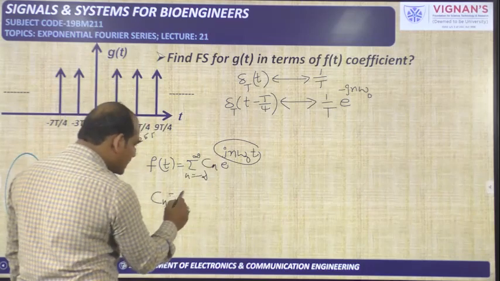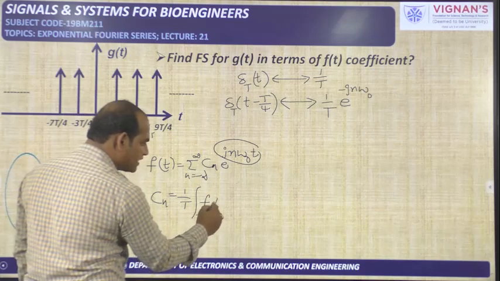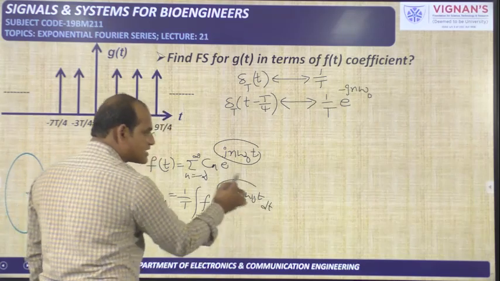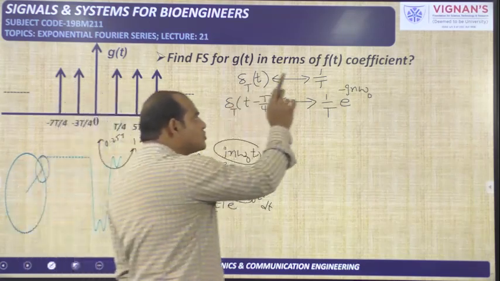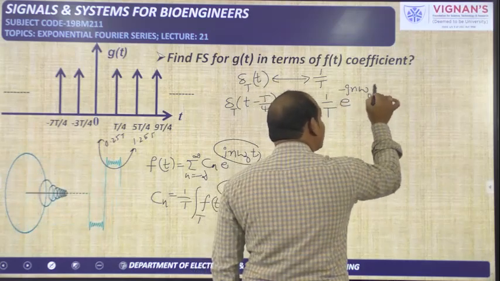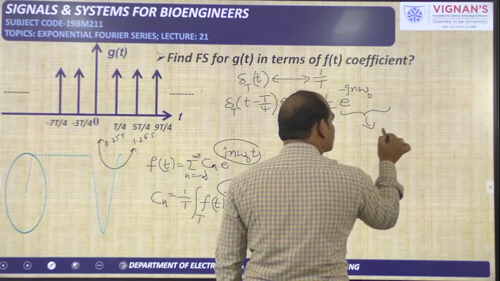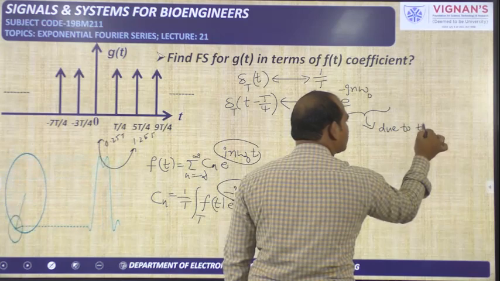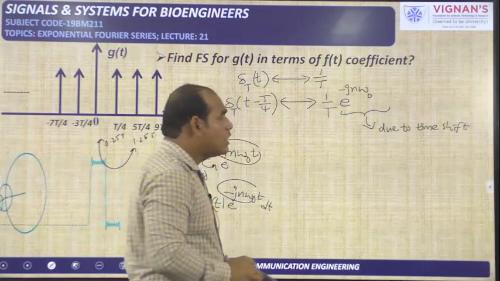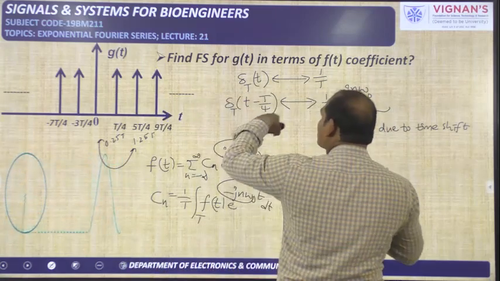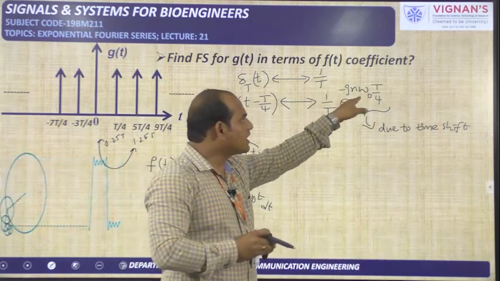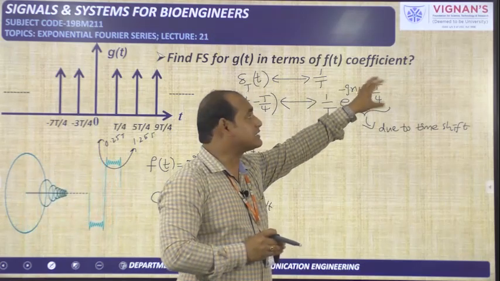If I write the equation for c n, you will get 1 by T integral over one period f of t into e power minus j n omega naught into t dt. Again you see four letters are there, whether it is plus or minus. So here also you should have four letters: e power minus j n omega naught, and here the t term should come. But I told you that this exponential is arising due to the time shifting property. Because of the shifting in the time domain, you got this exponential in the frequency domain. So, in order to insist on that, how much amount of time shift is there? That same thing we have to take here, that is T by 4. So j n omega naught and some time related letter, that is T by 4.